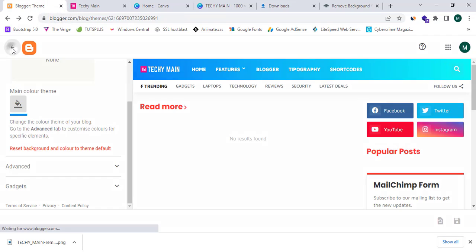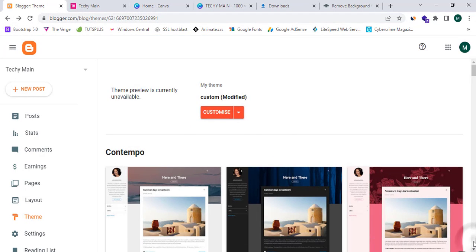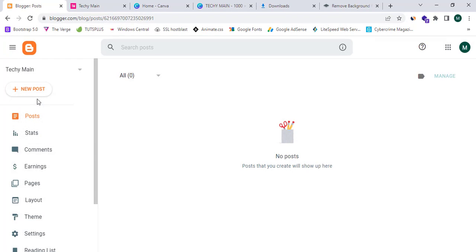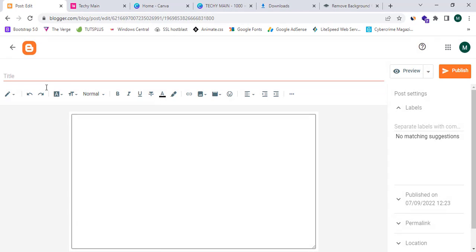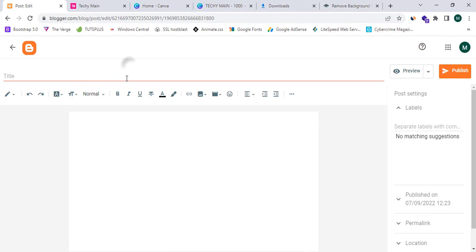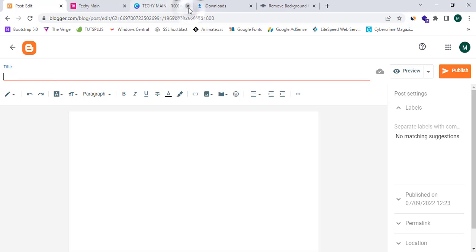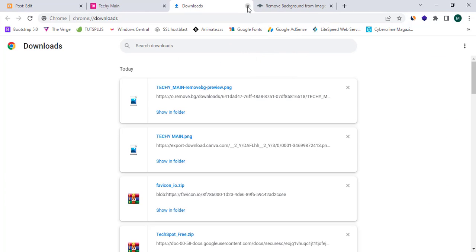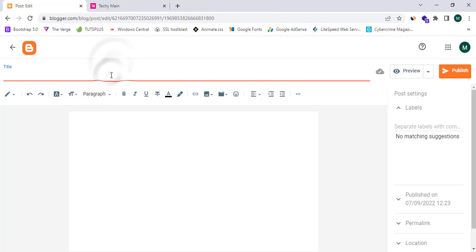So now I'm gonna create a new blog post. In order to create a new blog post, I'm gonna click on post and click on new post, and this will show me to enter the title of my post and the content that will appear on my post. So now I'm going to enter the title, and before I enter the title, I'm going to close all the tabs, and I'm going to enter a title: